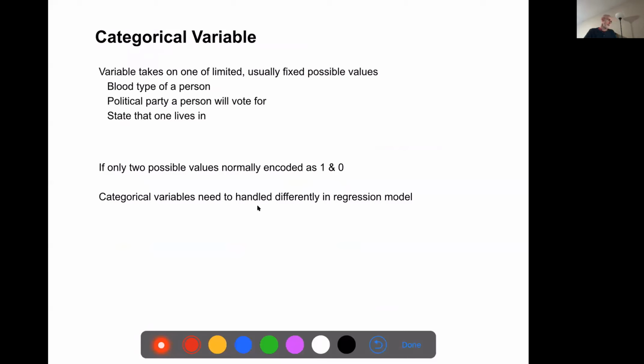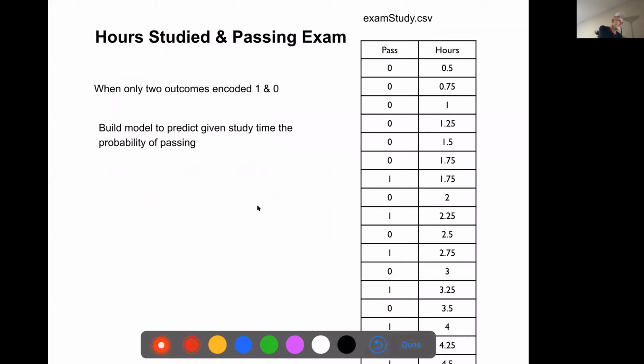So typical examples: given certain tests, can you predict whether someone has a disease or not? How often will someone vote? So here is some fake data I created to illustrate how to use the model.